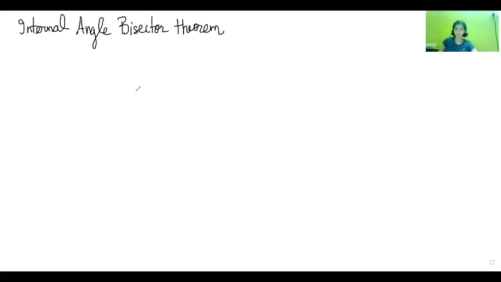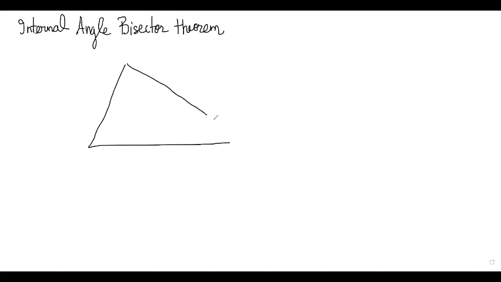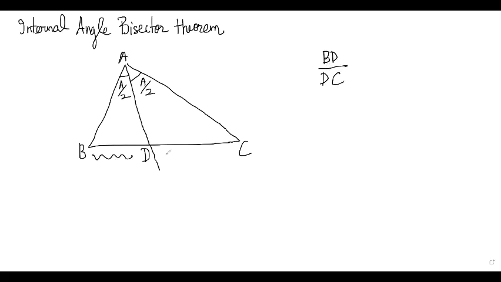Okay, so I will tell you the theorem. If you have a triangle like this, ABC, and you draw an internal angle bisector. What is an internal angle bisector? We say this angle is A, and let's say we bisect that angle. Basically, this is half, this is half. So this will be A by 2 and this will be A by 2. The theorem says that the internal angle bisector meets the other side, let's say at D. What it says is that BD by DC, or the way D divides the base, is the same ratio as this side by this side. So basically, BD by DC will be equal to AB by AC.